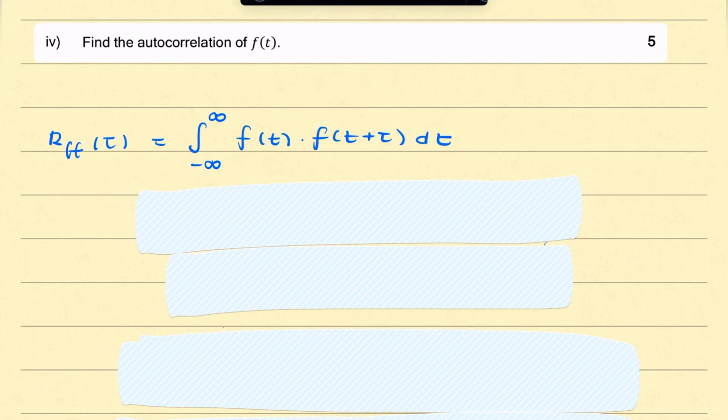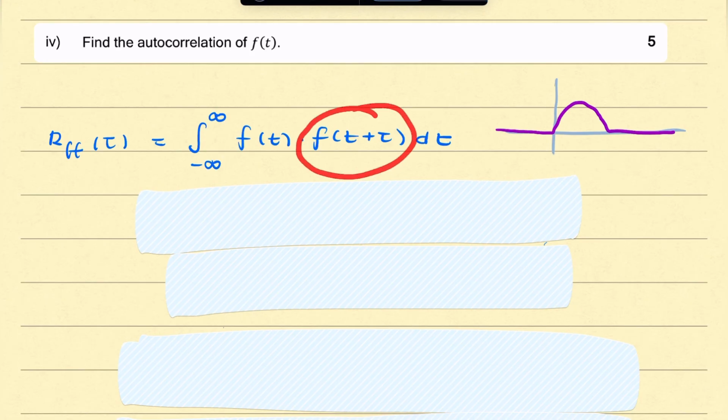So if you think of it, if I were to sketch the axes like that, and if you think of it like this, this is f of t, then f of t plus tau, this is a version of f of t that's shifted to the left by tau. So it'll look something like this. Okay, so if I were to move this across from minus infinity all the way to infinity, what we're integrating